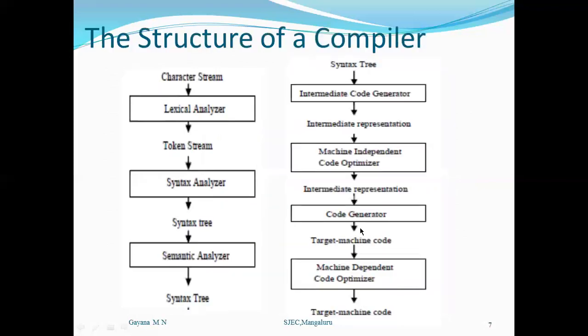Okay. Now let's move on to the structure of a compiler. The entire compilation process is divided into some 7 phases, starting from the source program. The source program, which we call a series of characters, is given to the first phase. We call it the lexical analyzer, and the lexical analyzer is also called a scanner. It does the scanning of the entire source program, and it is going to divide it into some meaningful units